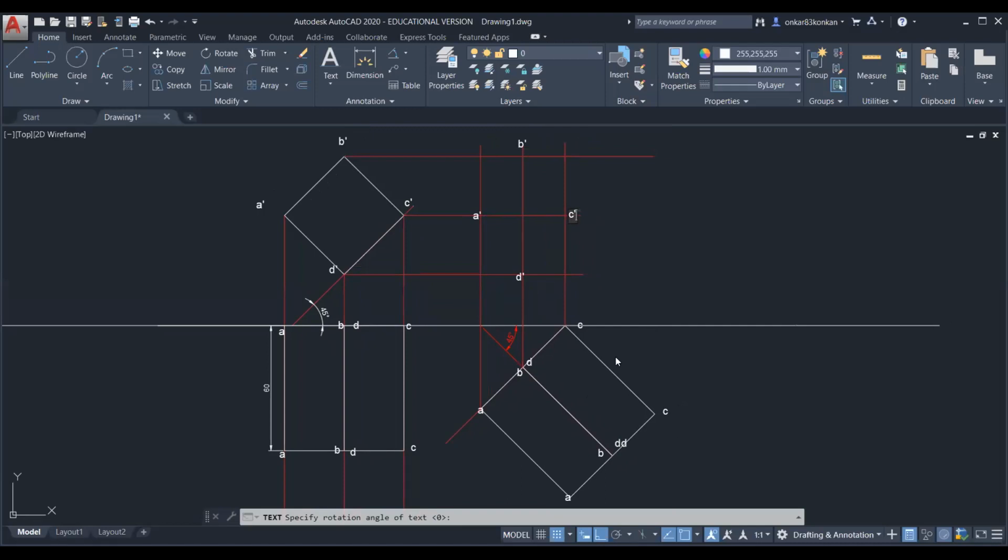Now similarly, try to find out the intersections from the top end or the top base. So take the projectors.